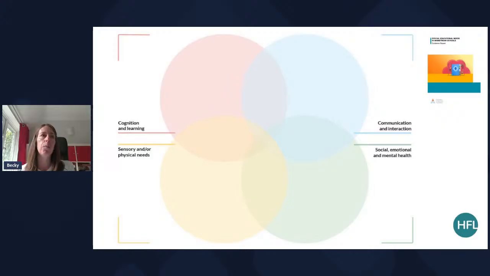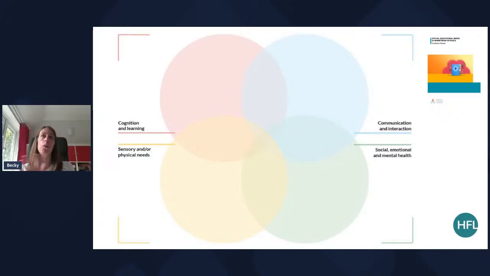Some of you may or may not be familiar with this, but this is a useful starting point, looking at the 4 broad areas of need. We often get teachers to reflect and place where their pupils sit within these 4 broad areas, to ensure that they know their pupils and the needs that they face, but also to look at patterns. Often there's an overlap of needs within pupils, that intersectionality. Often then they can see patterns across the school.